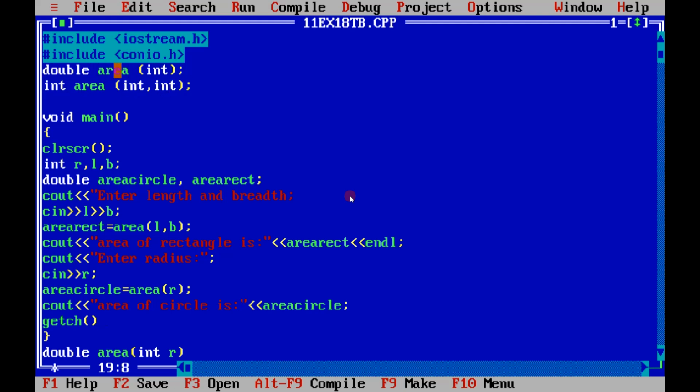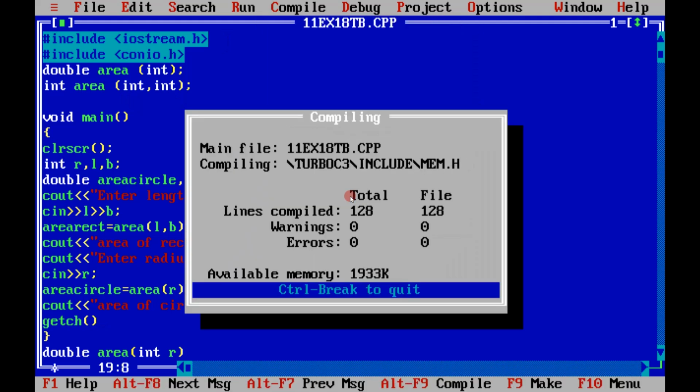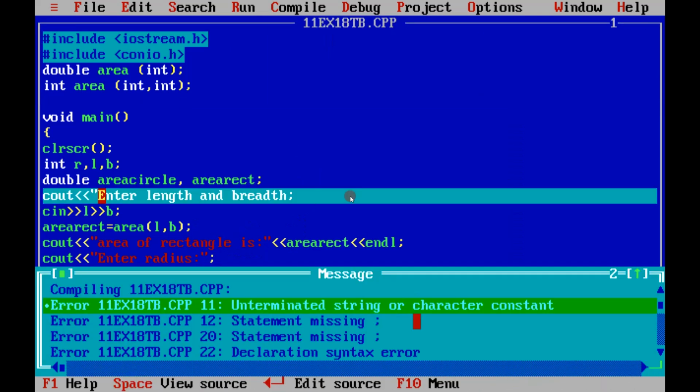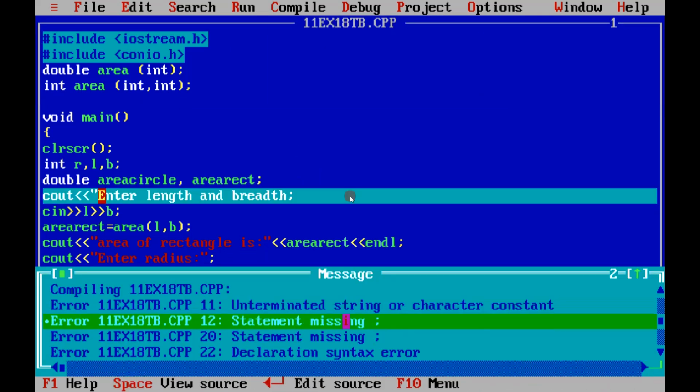That's why in area's brackets we will declare int, and the return type of the function, and in the brackets the data types of the two parameters we have used in the area function, and the return type of this function. So this is the function prototype. So let us compile this program. Let's see what's the error here in this.